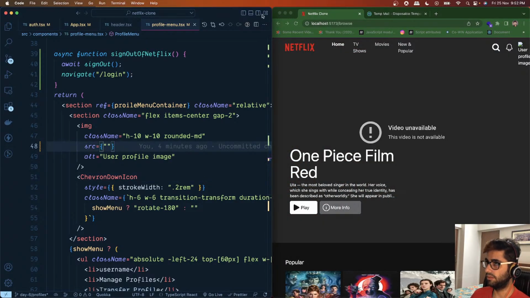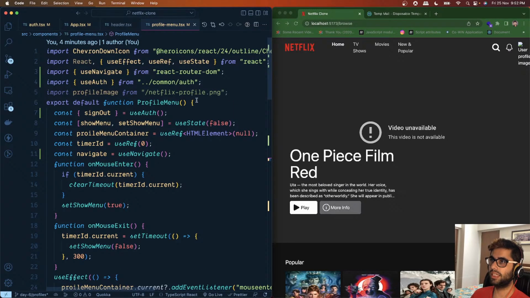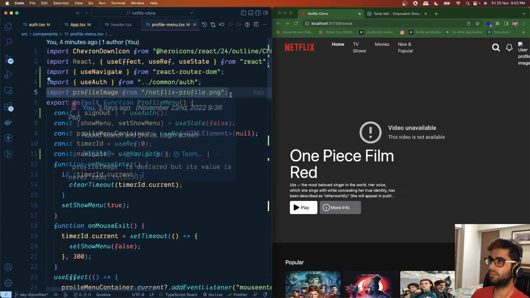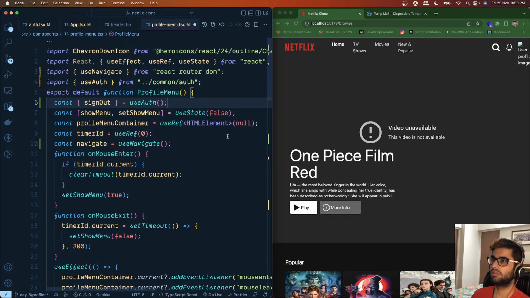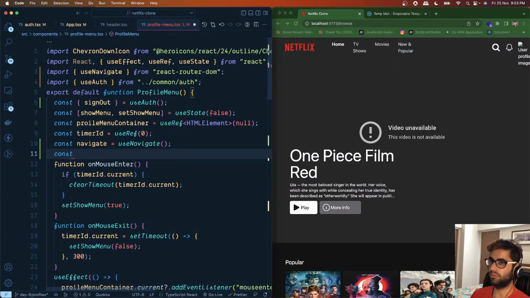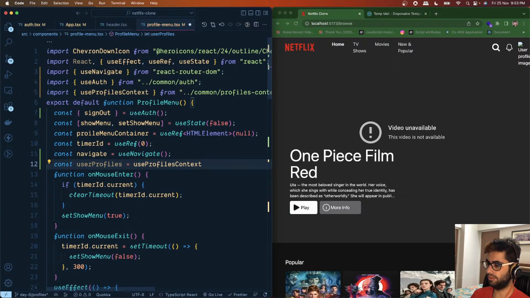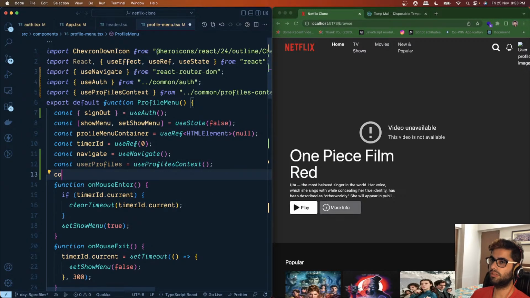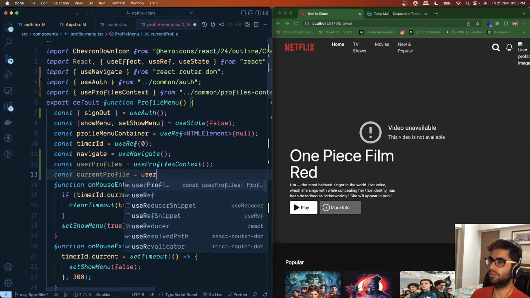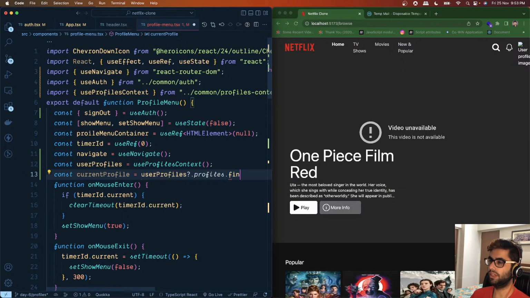All right. So let's get all the user profiles. So const user profiles equals use profiles context, then const. We also want to get the current profile. So user profile dot profiles dot find